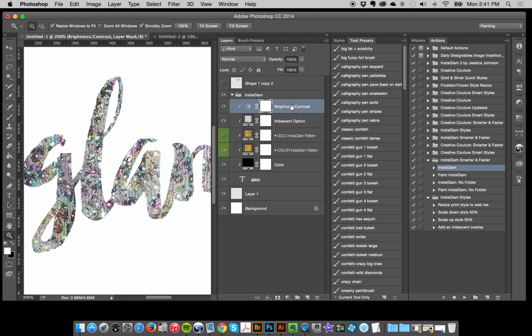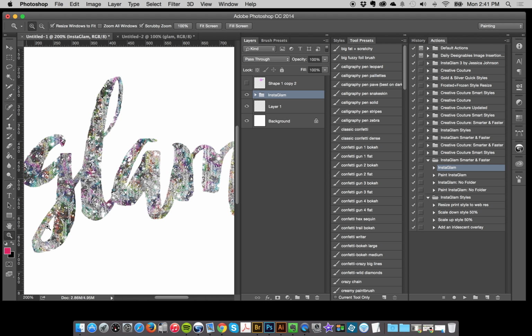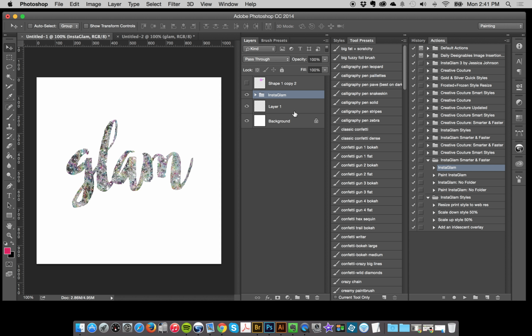And then as always, you've got this brightness and contrast layer that you can adjust to make the color more intense or darker or whatever you like. So that's kind of that in a nutshell. So I kind of went into it in detail, but you see it's just very easy. And everything is really the same. I just